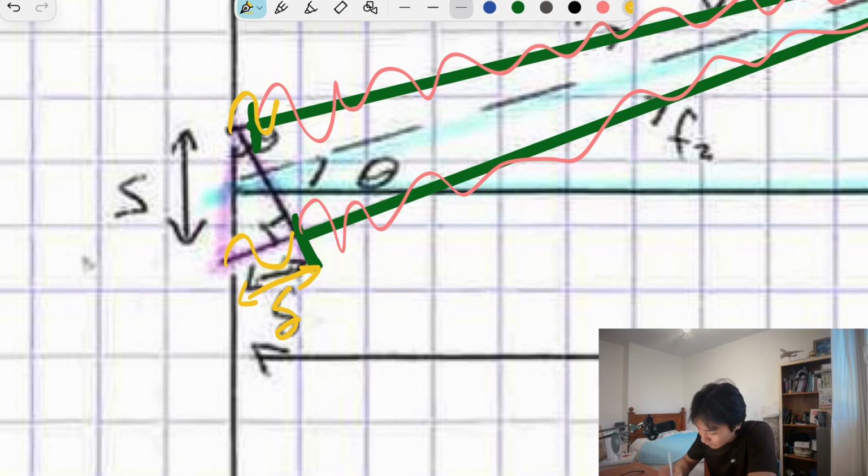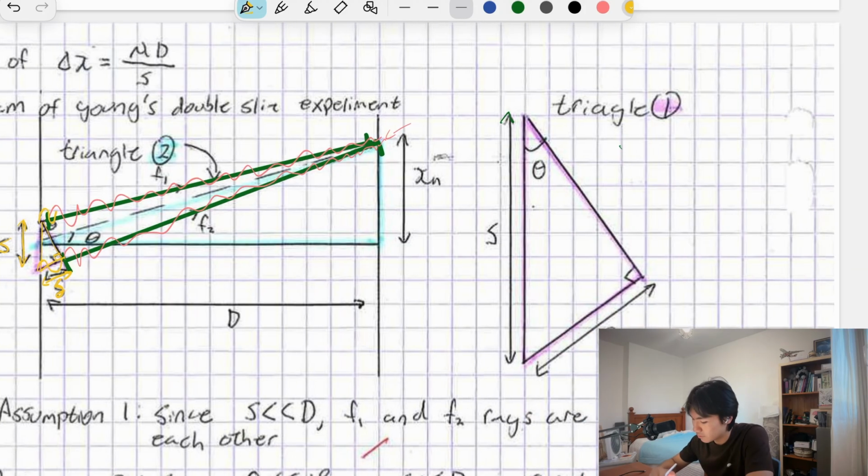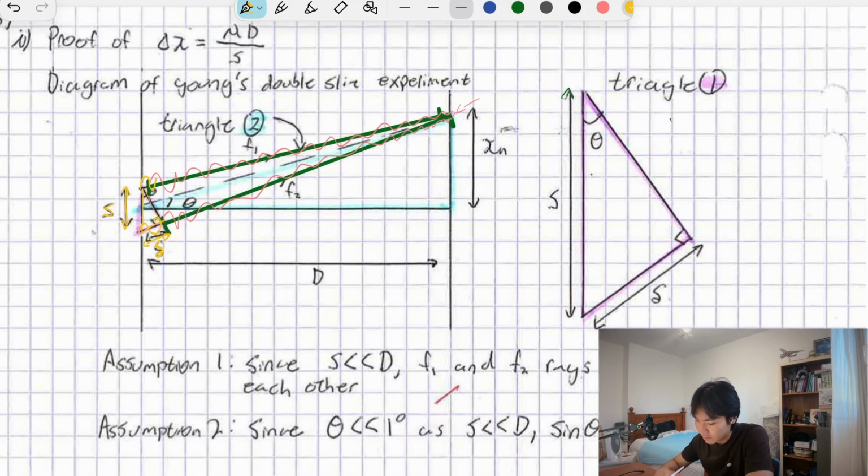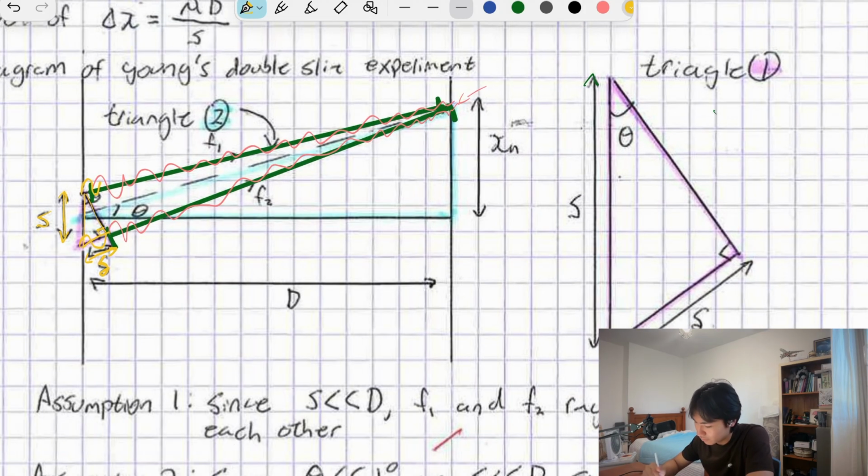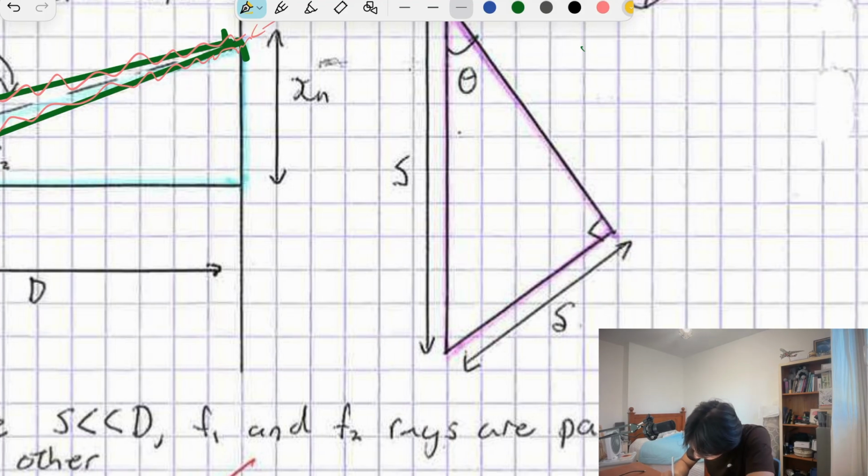Let's look at this triangle here. You know that it's a right angle triangle. Let's call the bottom side delta, a lowercase delta, and the hypotenuse is going to be s. Okay, it's getting too crowded, so what I like to do when drawing this is just enlarge the triangle. I colored it using the highlighter. The triangle is the same purple triangle on the left hand side as on the right hand side. So this is the phase difference, which we call delta,